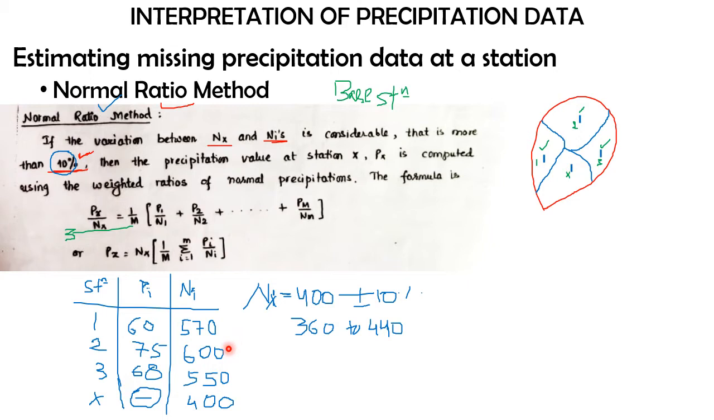So at this point of time, if you check out this particular formula, Px is equal to Nx, and the Nx value is 400, so I'll write it as 400, into bracket. Then we have 1 by m. What is the value of 1 by m? Here in our case, this m value is 3, as I discussed earlier. So this will be 1 by 3, into